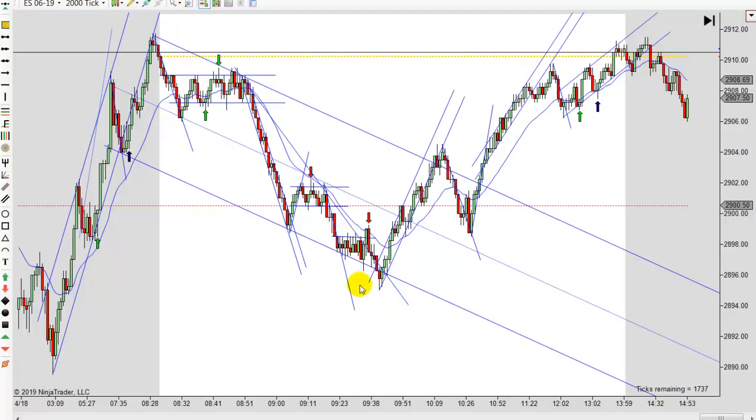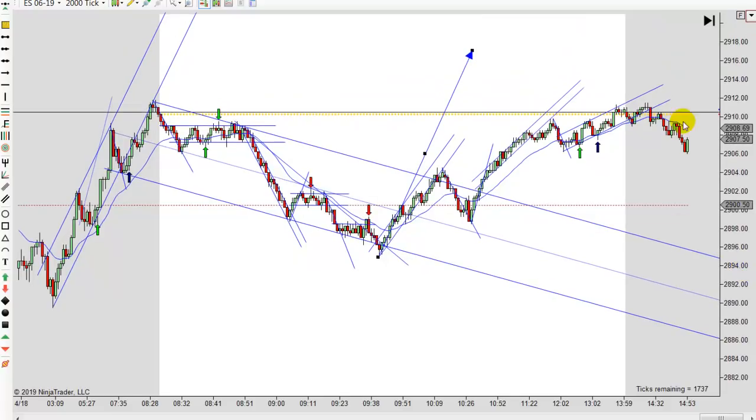That's just the way range days happen. Generally, once you start going higher from here, I would look for a measured move. If it's a range day, you're probably not going to get that. But if we had continued working higher, you would be looking for that target. Basically, you just measure this right here. We didn't get anywhere close to that, but this turns out to be a range day. Well, I shouldn't say we didn't get anywhere close, but we didn't quite get there.